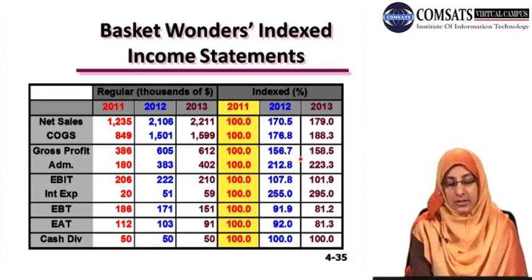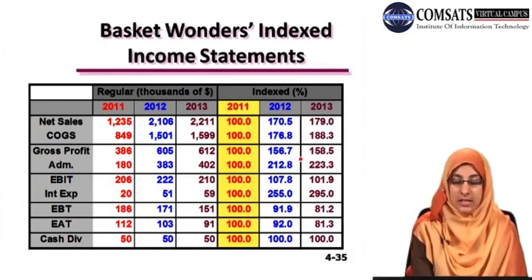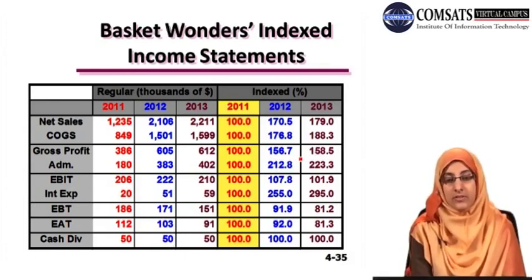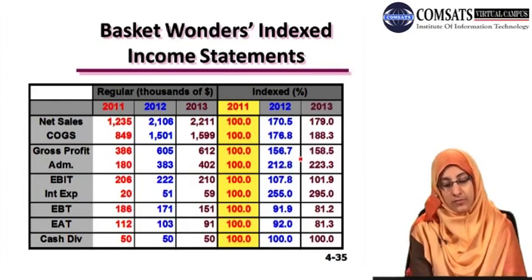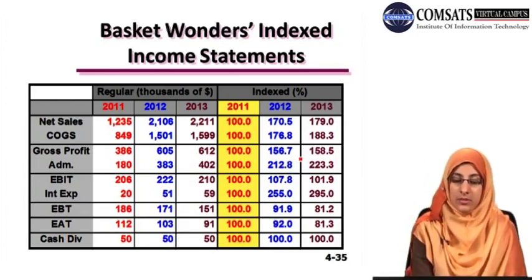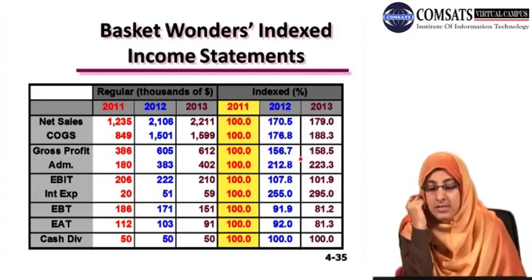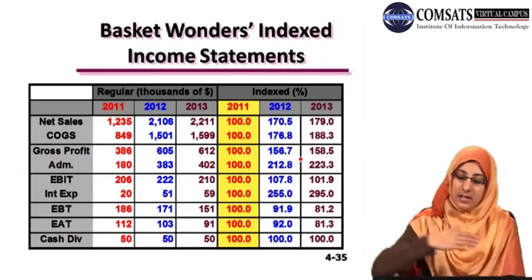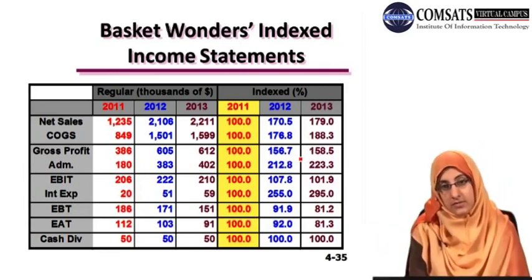Now, if you look at the value of 2012 for net sales, it is 2,106, and for 2011, it is 1,235. So you divide 2106 divided by 1235 into 100, so that is 170.5%. For 2013, we'll be dividing 2211 divided by 1235 value of 2011, and we find out that the value is 179%. Similarly, we use the same trend and same formulas for till we find out the cash dividend and earning